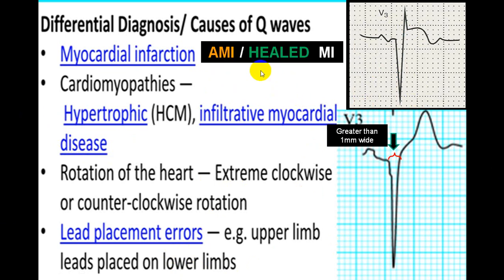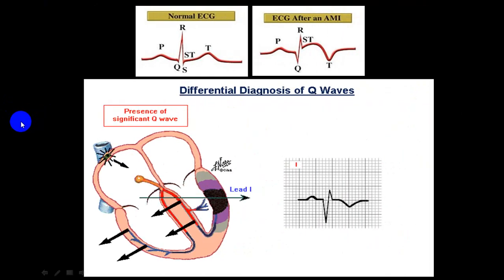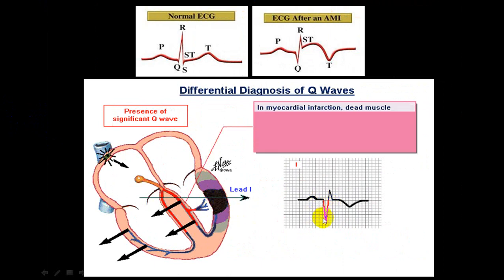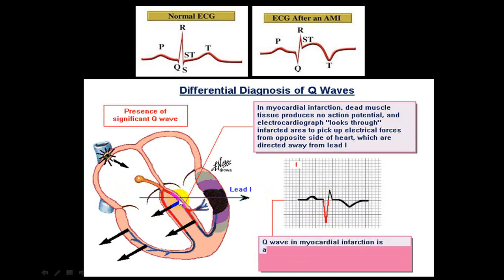So again, repeating two classical conditions: acute myocardial infarction, particularly what we call STEMI, and healed STEMI. In those two conditions, you will get that Q wave. Now you can see here how exactly the pathological Q wave is produced. Because of this infarction, you get Q wave appearance, because this is dead tissue. Dead tissue does not produce any electrical activity, and this produces a Q wave because of septal activation.